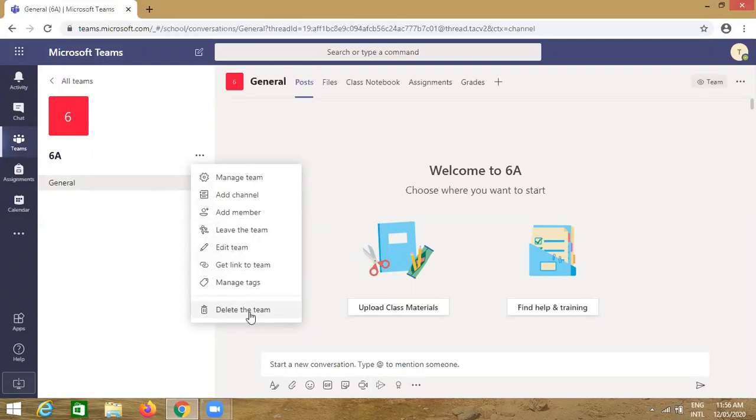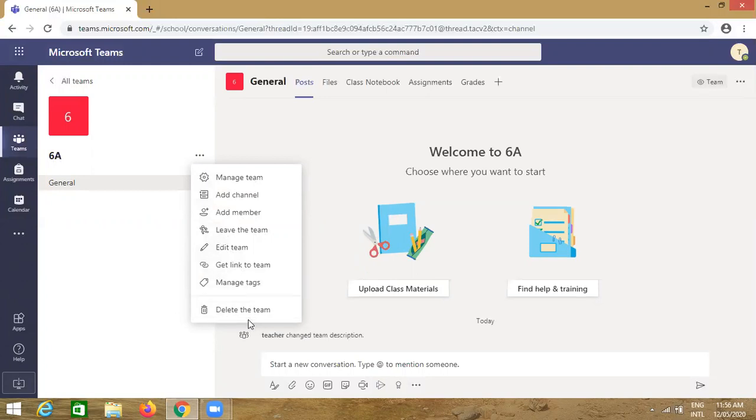And you can delete the team. This team can be deleted only by the person who has created it. So you have to take care of that also. So now let us click on manage team.